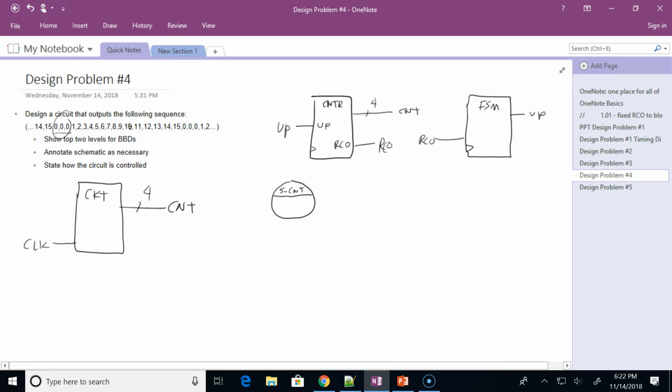This is counting up, and I'm going to keep counting up so long as there's no RCO. Okay, and so that means, check it out, I need to say I'm counting up. This is a Moore output of the state machine, which is the control input of the counter. It allows it to count up. So when it hits 15, it is going to kick out the RCO,